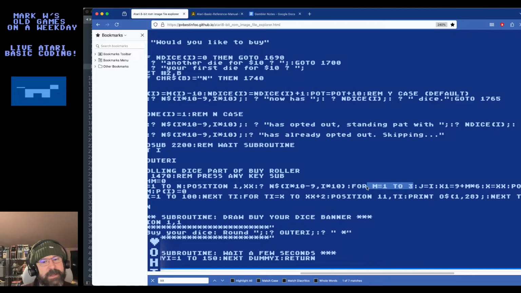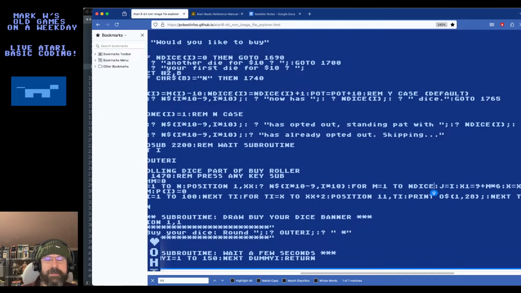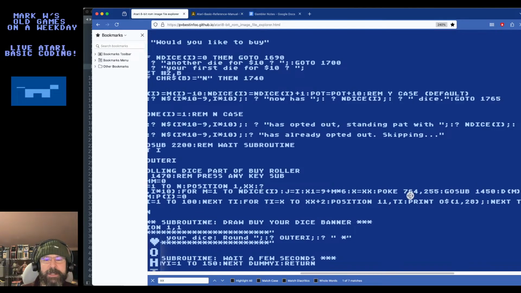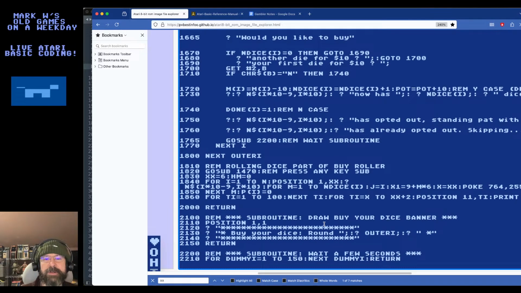This is saying roll 3 dice. Exactly. We want to say roll as many dice as this player has, which is n dice, this array up here. N dice of I. What did I just do? Okay, it's just wrapping it. It's wrapping a little weird, but that's okay. I'm not sure how this is going to handle the case when there's no dice offhand, but we could try it out, see what it looks like.